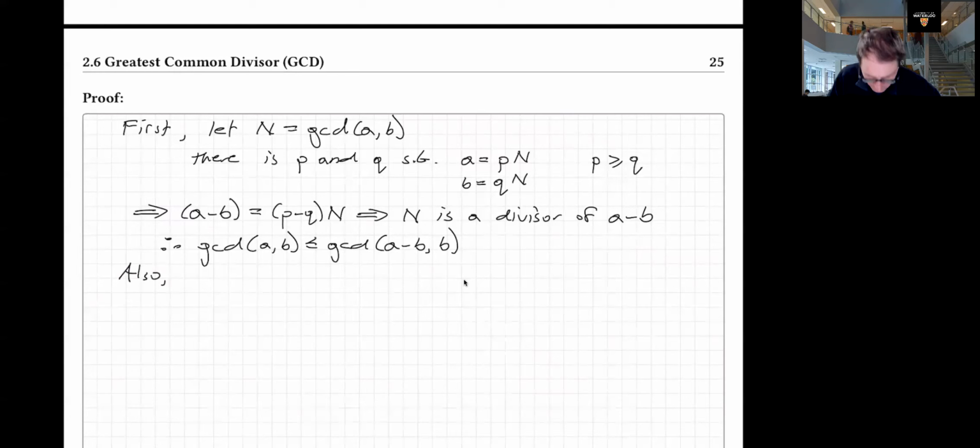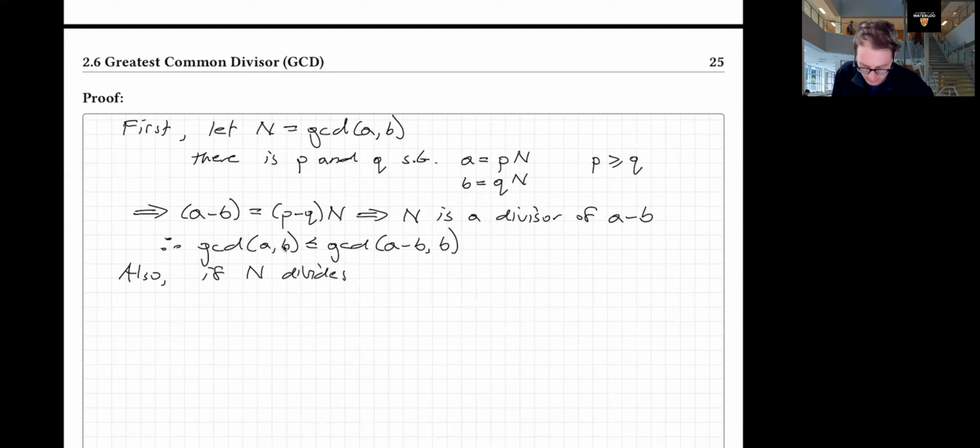Also, let's show the other way, right? I'm now going to show the greatest common divisor of A minus B and B is less than or equal to the greatest common divisor of A and B. And then the only way for something to be both less than or equal to and greater than or equal to is for it to be identically equal. So also, if n